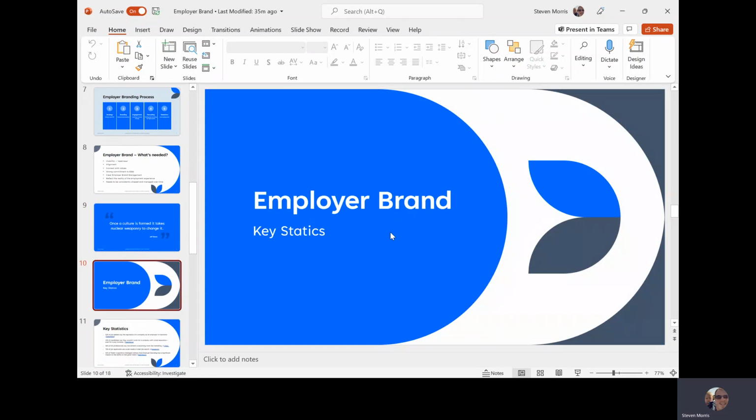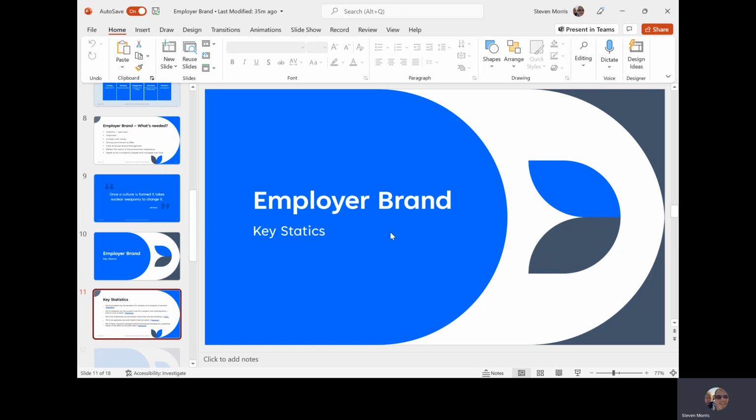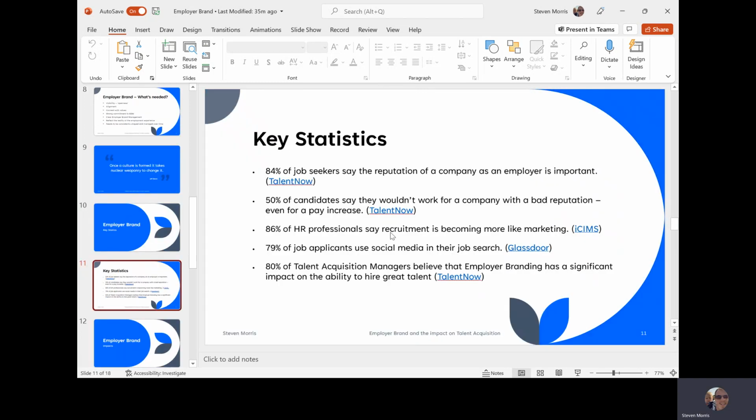So if we look at some key statistics as to why employer branding is important: the top one there, 84% of job seekers say that the reputation of a company as an employer is important, and 50% of candidates wouldn't swap companies for somebody with a bad reputation, even if they're paying more money. A real key point to pick out is that 86% of HR professionals say recruitment is becoming more like marketing,